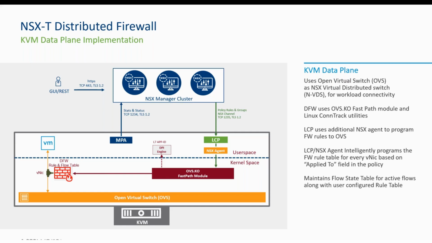And so it's able to configure the rules that it receives from the local control plane in the form of OpenFlows. And then the Linux conntrack utilities are used to keep track of any connection states that should be allowed or disallowed based on what the firewall rule is set to. So as we move forward,